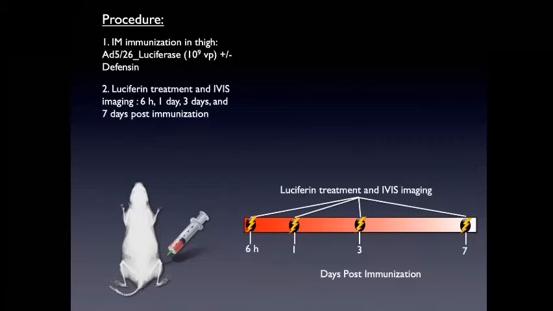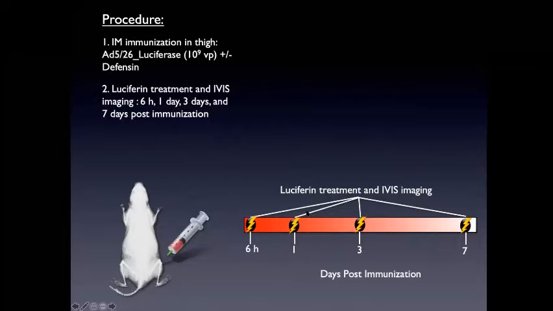We're also using luciferase as our measuring output. And luciferase, if you've ever seen the fireflies in the summertime, is essentially the same enzyme that's being expressed. So it's a measure of light, and that's how we can detect it. We also have something called luciferin, and luciferin serves as the substrate for luciferase. So once they bind to one another, you see a lot of glowing, and you'll see that on the next slide. And our timeline for this, we immunize the animals at day 0 or time 0, and we